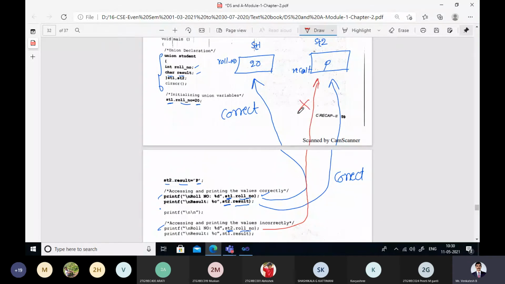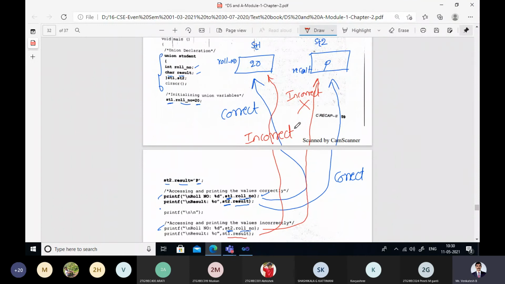No. That means it is incorrect access. Similarly, in this one, we are trying to access the result member of ST1. Is it correct? The red indicates that the result member of ST1 is not active. So this is incorrect.